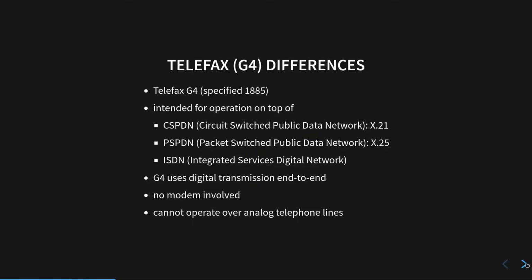G4 fax was specified. It was not strictly specified for ISDN, but it was intended as a general digital telefax service to be used over any kind of data network or digital network. It's specified over the CSPDNs, circuit switch public data networks, using X21 interfaces, also over PSPDNs, packet switch public data networks with X25. If you want to hear more about CSPDNs, there was a previous retronetcall on this topic, and